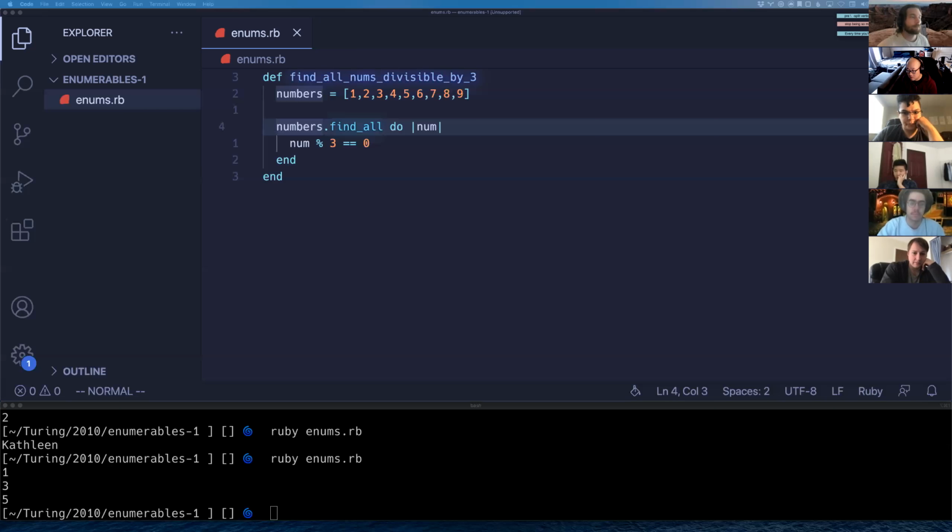Yeah, so one is similar to any where you have a condition that you're trying to meet, but if there's more than one that returns true, it